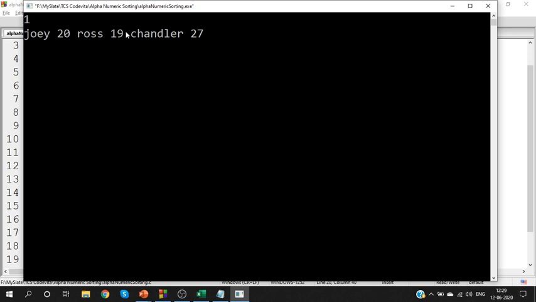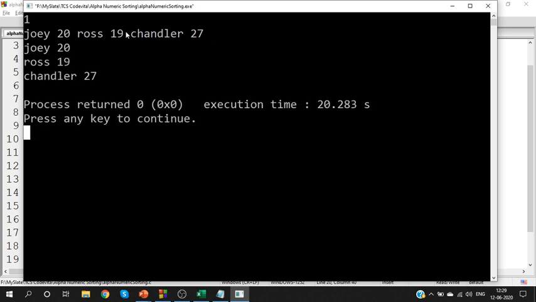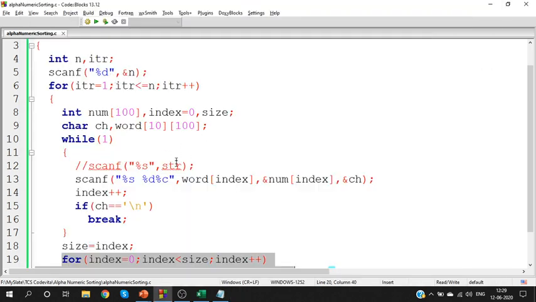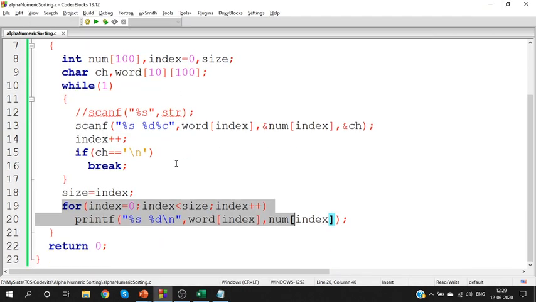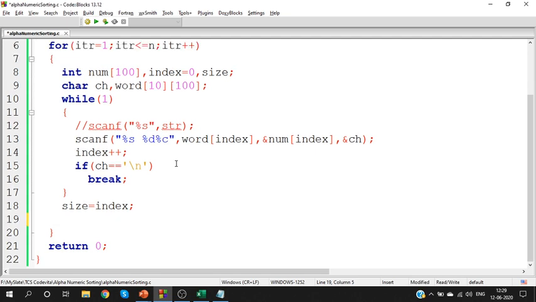When I see a new line, scanning will stop, right? So when I press enter, scanning stops and we get the word and number. First word, first number. Second word, second number. Third word, third number. Is this clear? So the first step, scanning the input, is completed. I hope I made it clear up to this point.